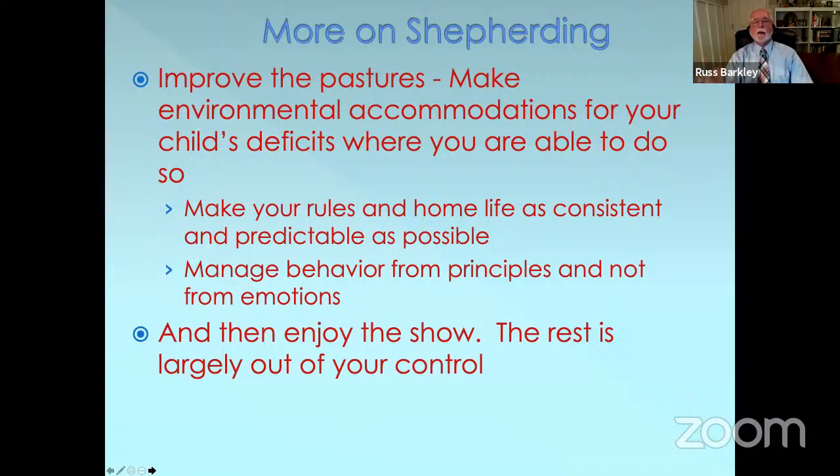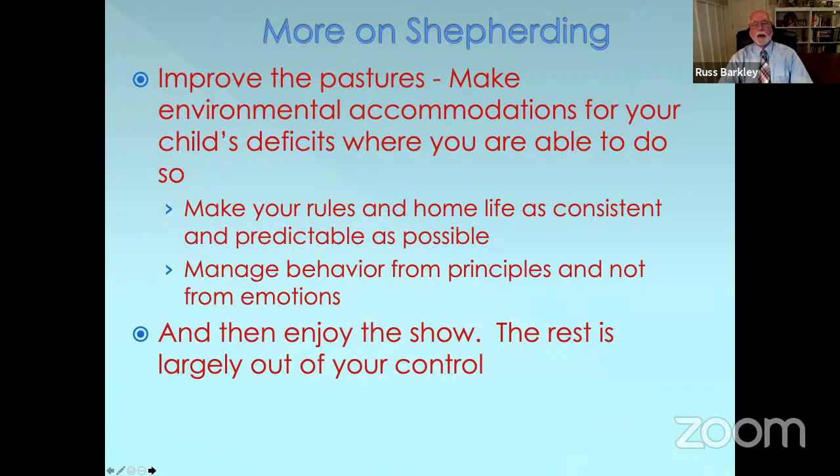ADHD children, more than typical children, need expectations that they can rely on in terms of their family life being predictable. Sometimes that's hard because 35% of parents of ADHD children have ADHD themselves. Whoa, talk about chaos. Now we've got two ADHD people living with each other, trying to deal with each other. So if that's the case with you, you need to get your ADHD diagnosed and managed, and then that will spill over to improve your management of your child and your ability to run a more predictable household with less